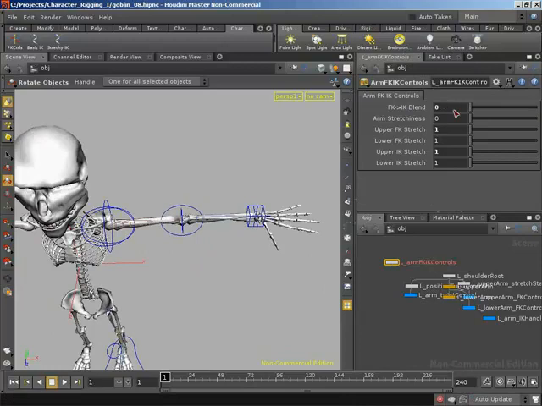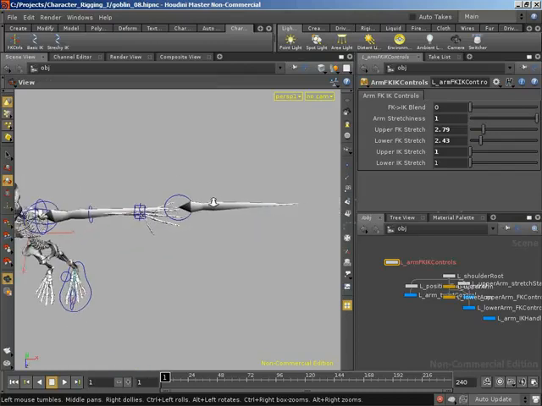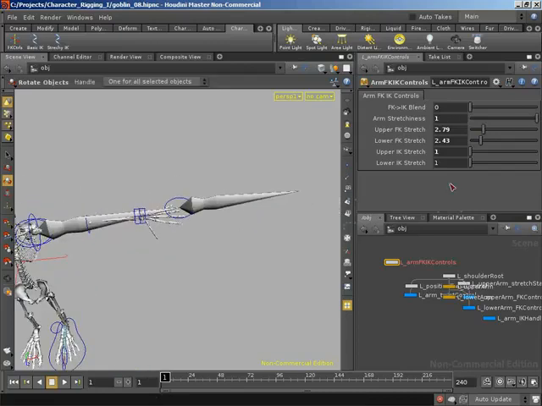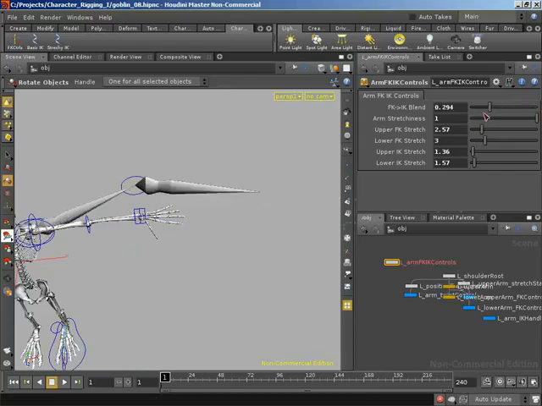So you'll see that if we're set to FK and we start trying to stretch the upper arm and stretch the lower arm based on FK, arm stretchiness set to 0 is denying us from doing that. However, as we start increasing arm stretchiness, we can see that our arms, both upper and lower, are being stretched. There's the upper, there's the lower. But if we were to then blend over to IK, IK is going to shrink back down to not being stretched. We could boost in IK stretchiness, and that's going to allow us to blend back and forth between that